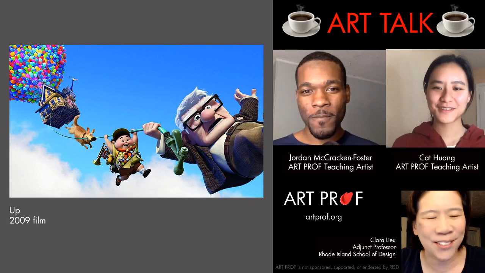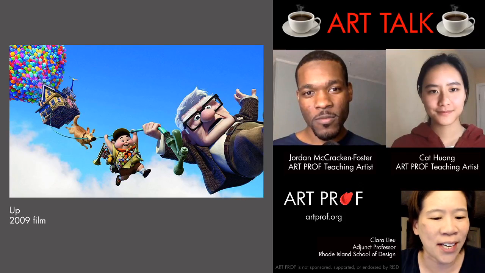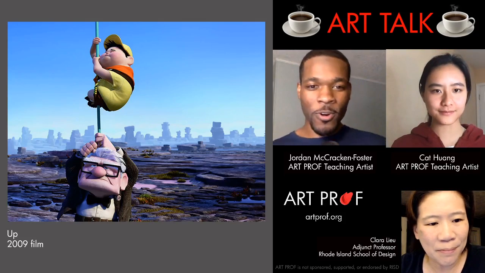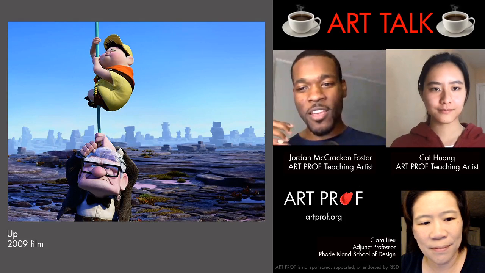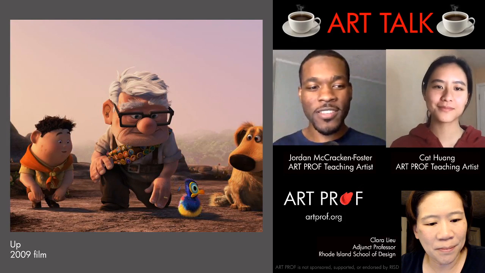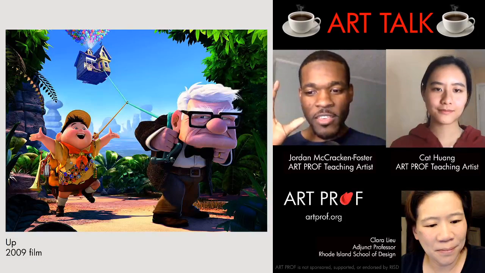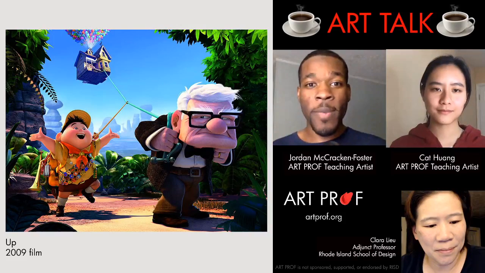So, how about his design as a character, those visual decisions? Jordan, what's your take on that? So I think I mentioned before, the whole purpose of his character, he's this scout explorer type of character, and he just wants his assisting the elderly badge. And I think his whole character design just tells you exactly what he needs. Even down to where the badge is placed.